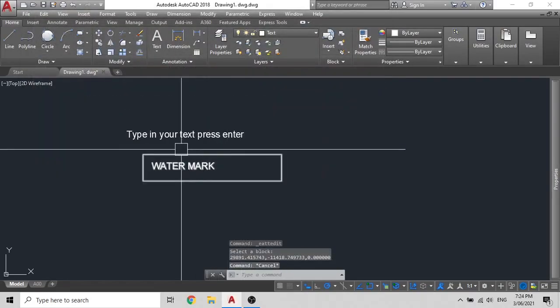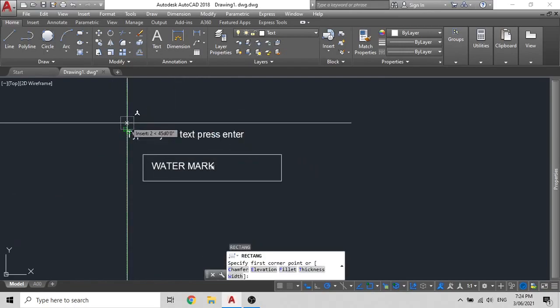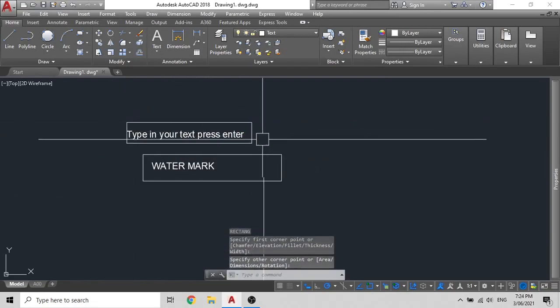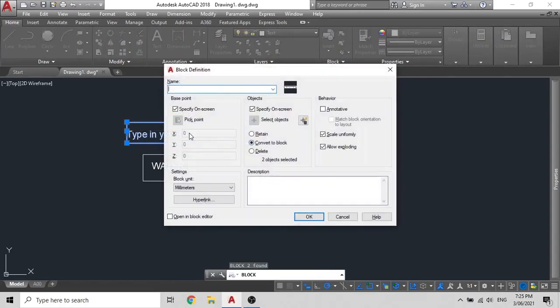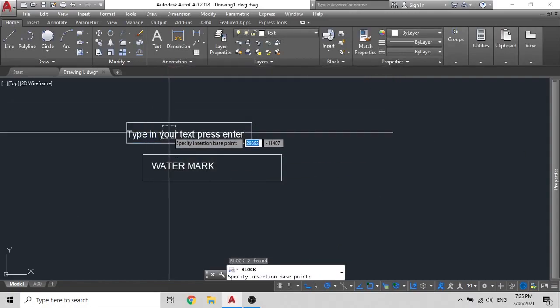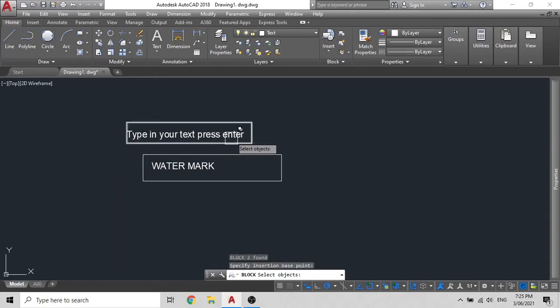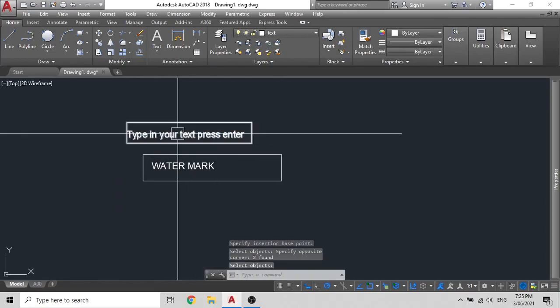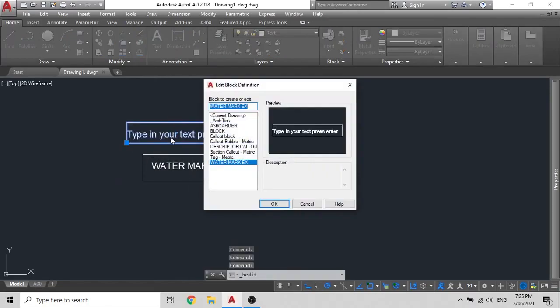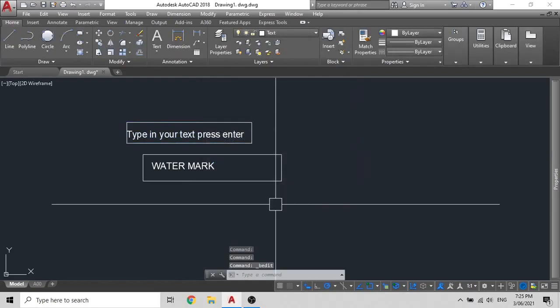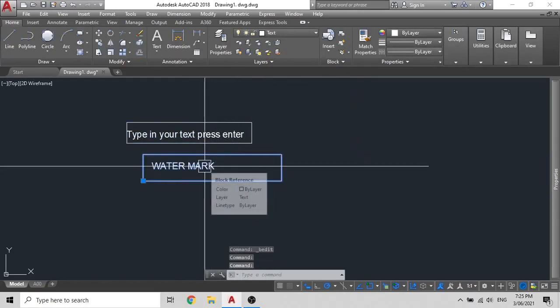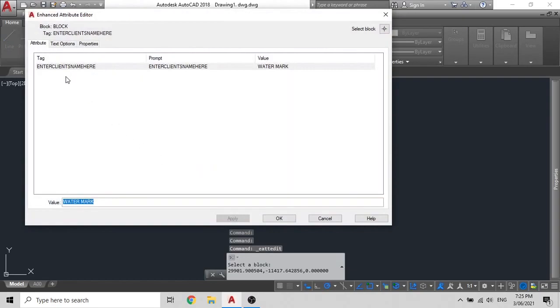But if you were to do the same thing with an M text, a normal text, exercise, click on OK. You will not be able to edit it. It will take you straight to the block editor. But if you turn an attribute into a block with an object, you can edit the text like so.